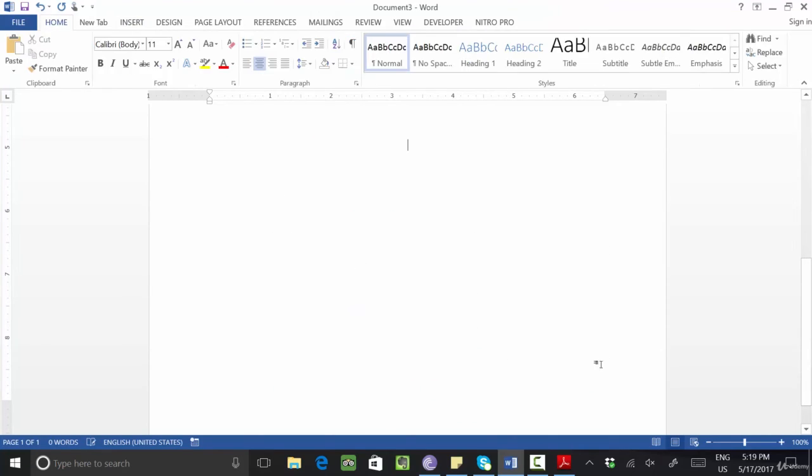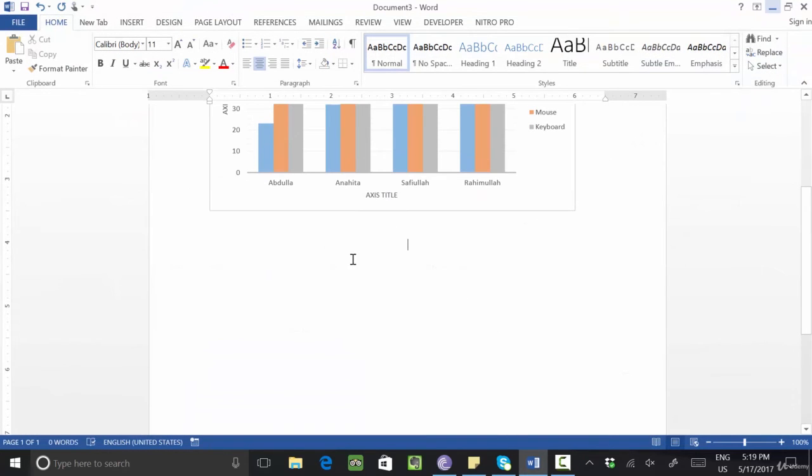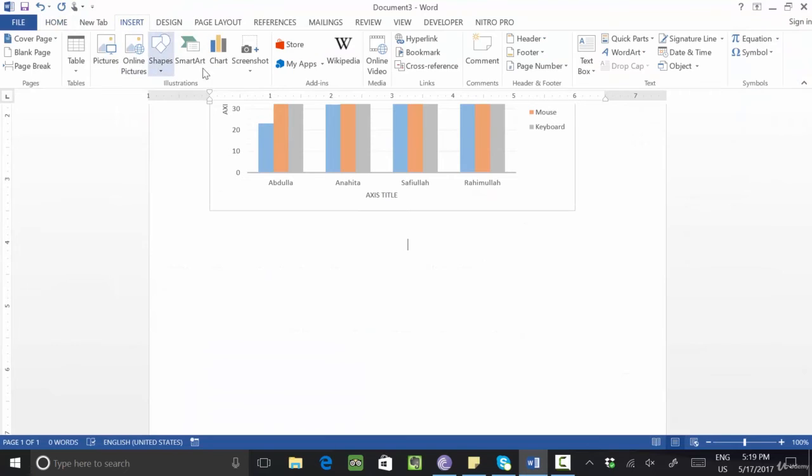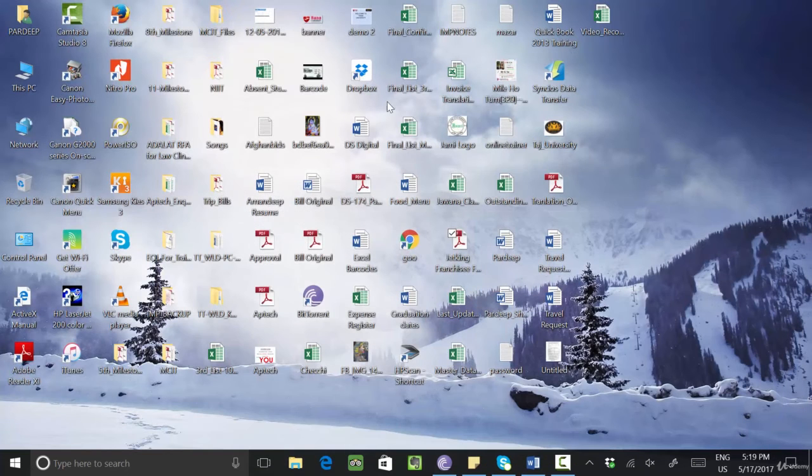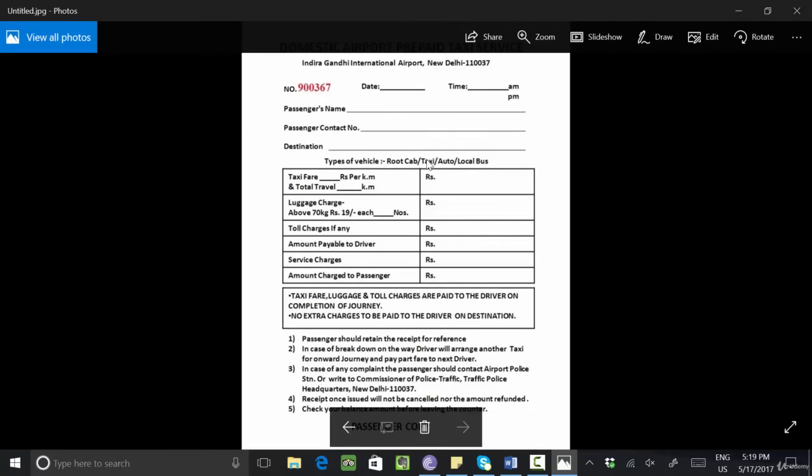Anything you can screenshot. For example, I want to screenshot the desktop. So what should I do? Go to Insert, click on Screenshot. Right now there is no screenshot available, so we will open one file here. Let's see this one. I want to take a screenshot of this file.